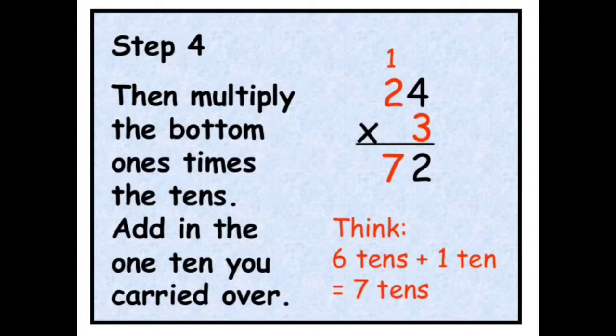Once again I repeat the process. First of all we start from the ones place. Then 3 4s are 12. 2 is here, carry 1 is here, because you know that 1 ten and 2 ones. Then 3 2s are 6 and 1 is equal to 7. Then 6 tens plus 1 ten is equal to 7 tens. It means what is our answer? Our answer is 72.